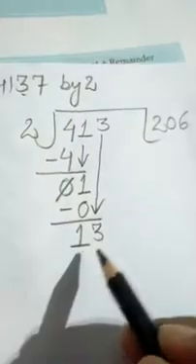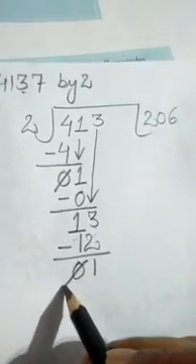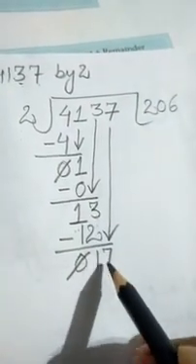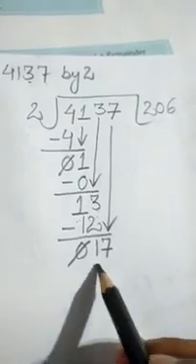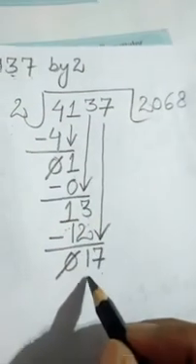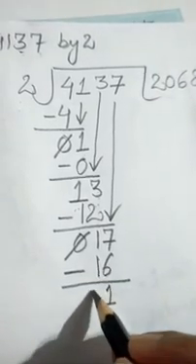What can be written under 13? 14 cannot be written, so we will write 12. 2 6 the 12. Yes, 3 minus 2, 1, 1 minus 1, 0. This we will ignore, and the next digit, that is 7, we will bring it downside. Now it has become 17. Yes. Now what can be written under 17? 16 can be written under 17 because 18 तो नहीं लिखे जा सकते, so we will write 16. Yes, 2 8's the 16. Yes. Now 7 minus 6, 1, 1 minus 1, 0.